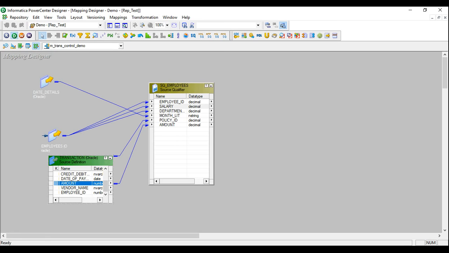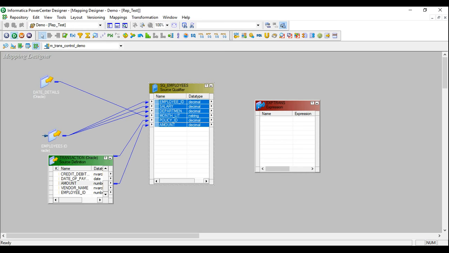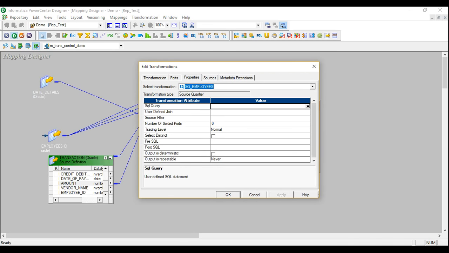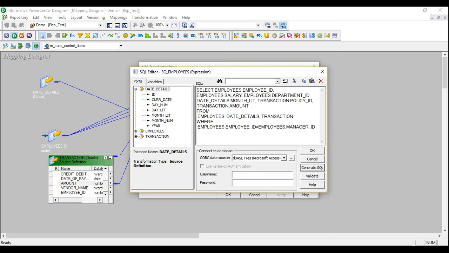Now what I'm going to do is generate a SQL. I'm going to override this with a SQL that gives the desired result that I want. So I'll generate the SQL. Now it's smart enough to automatically join these three tables. I'll give them an alias, but the join conditions are incorrect, and I'm going to rectify that. So I'm going to give this an alias A, or maybe I'll just keep it this way.